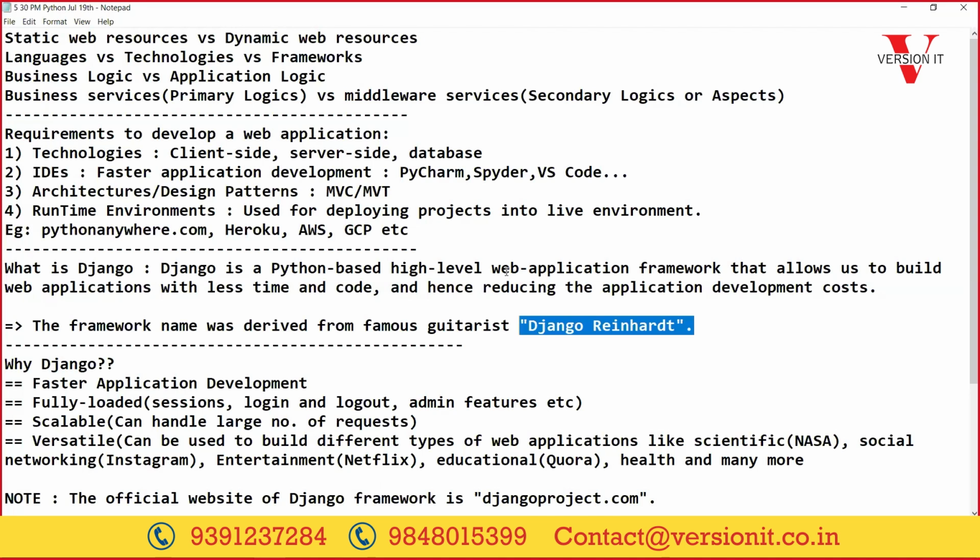python.org, the normal one. The official website of Python is python.org and the official website of Django is djangoproject.com. Python was maintained by